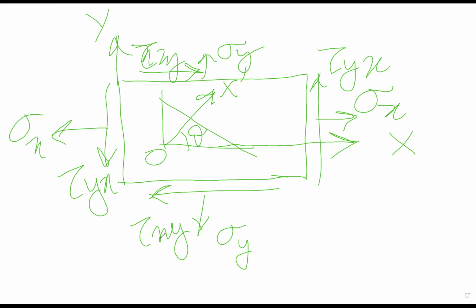So this is the state of stress, the shear stresses and the stresses on the plane. This first square is our plane. This is a state of stresses. This is the plane stress, because here sigma z is 0. Though sigma z is 0, here there are two stresses, sigma x and sigma y. So it is a plane stress condition.